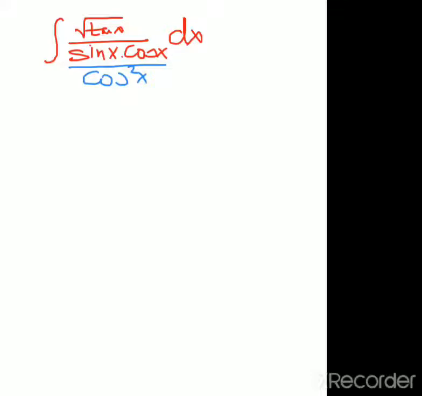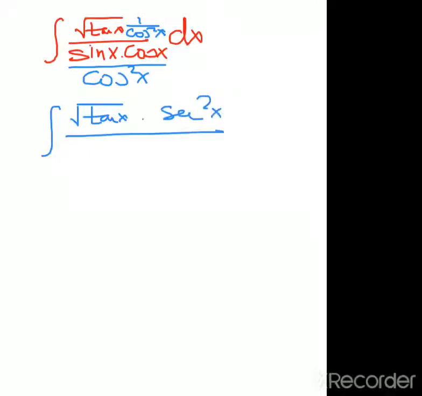With cos square x, I'm dividing numerator as well as denominator. So it will become integral under root tan x into sec square x upon, cos and cos cancel, sin upon cos, it will become